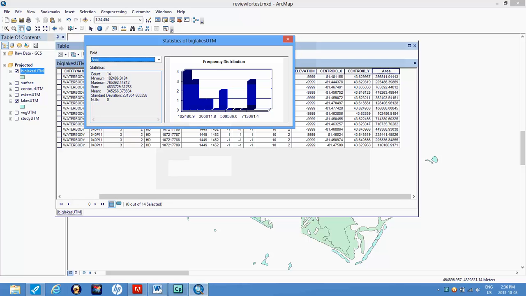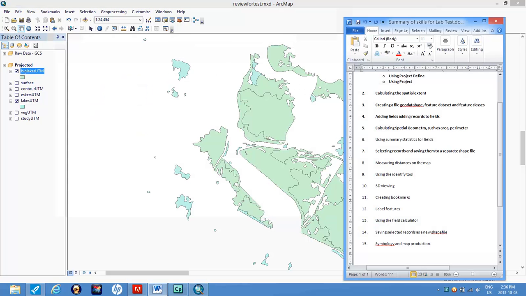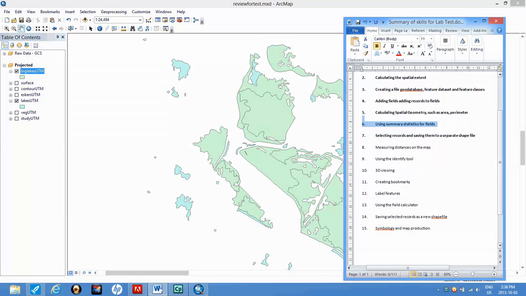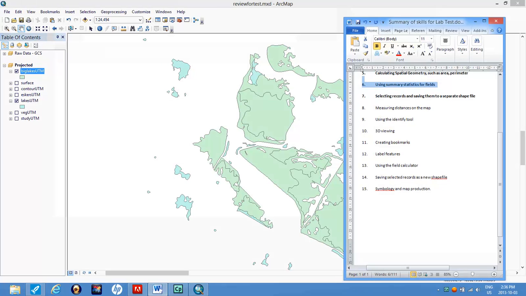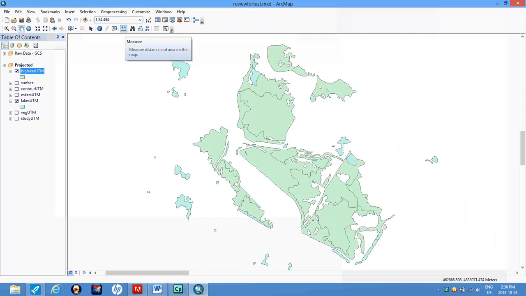So we have covered summary statistics. Let's look at measuring distances on the map. If we go over, we should be able to use the measure tool. Now, what if the measure tool is grayed out? What happens in that situation? Well, I'll show you. If I go to insert a new data frame, you can see that I have no measure tool. The reason I have no measure tool is because, number one, I've got no data on there,